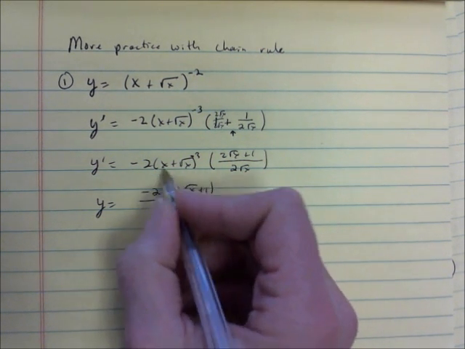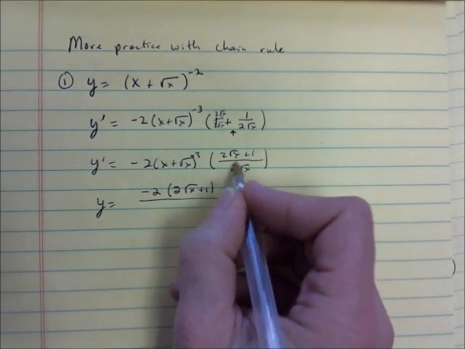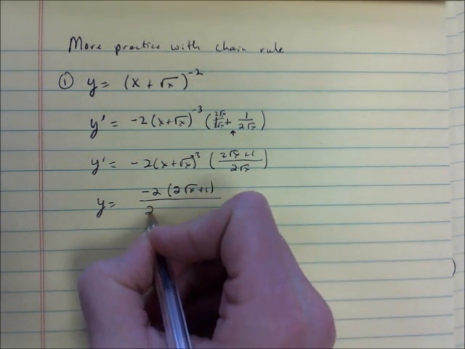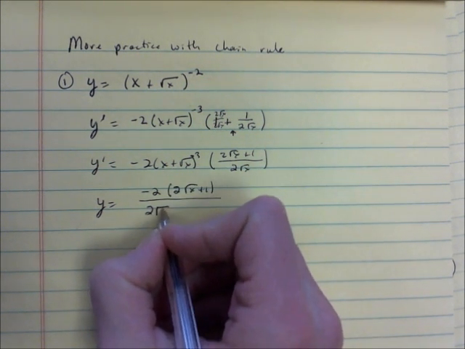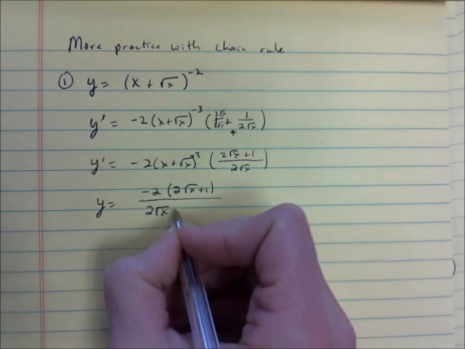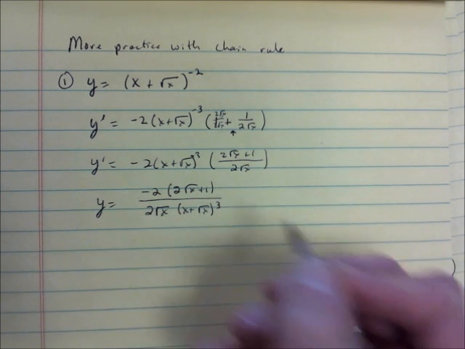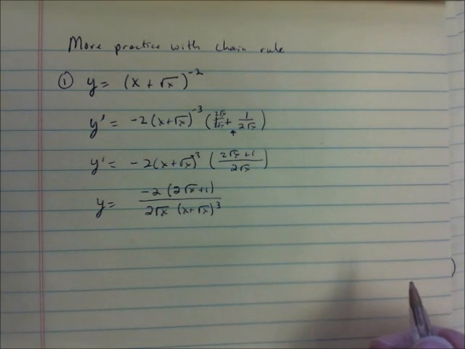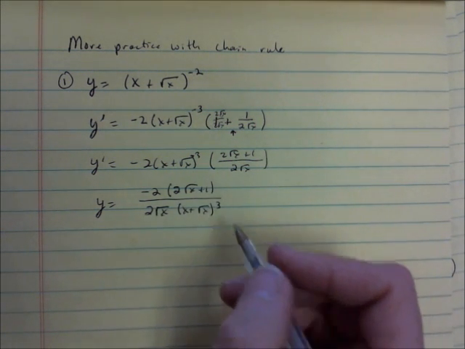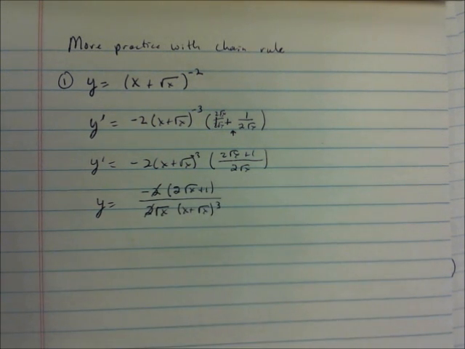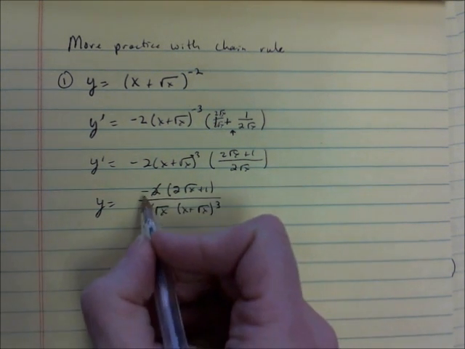And in the denominator we have, well, I think I'm going to start out with 2 square root of x and then attach it to the rest of it. So we have 2 square root of x from here. And then we have x plus the square root of x raised to the +3rd power when we bring it down. And the only other thing that we can do with this is the 2's will cancel out because they're common factors. So what we're left with is